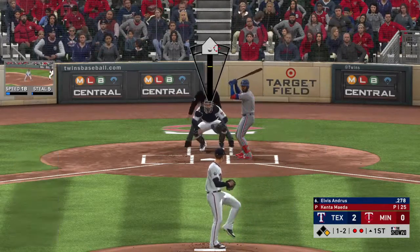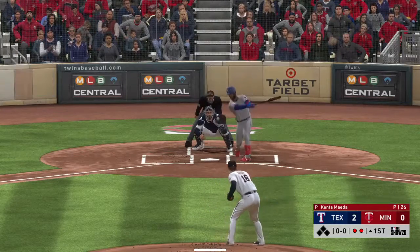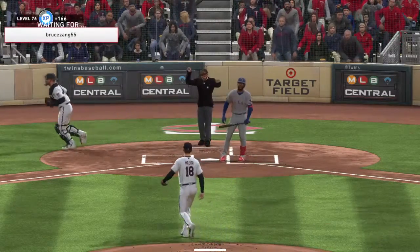This pitcher's bringing it with some high velo. You better get that front foot down. A swing and a miss. That retires the...